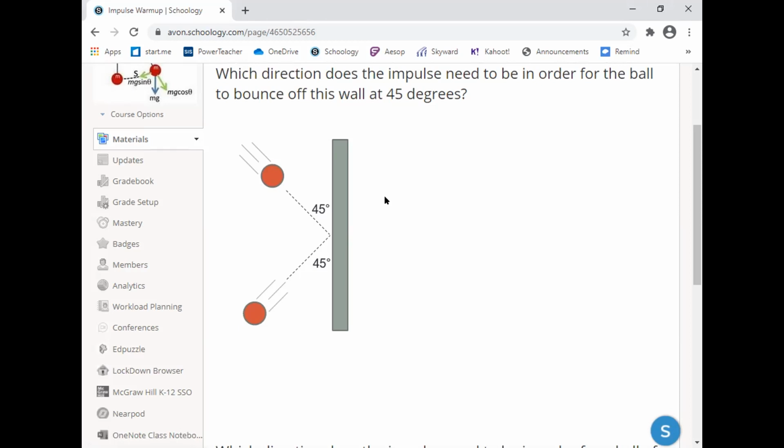Anybody want to try? Yes, tell me why, Greg. Why is it only the left? Yeah. That's pretty much the case here, right? So